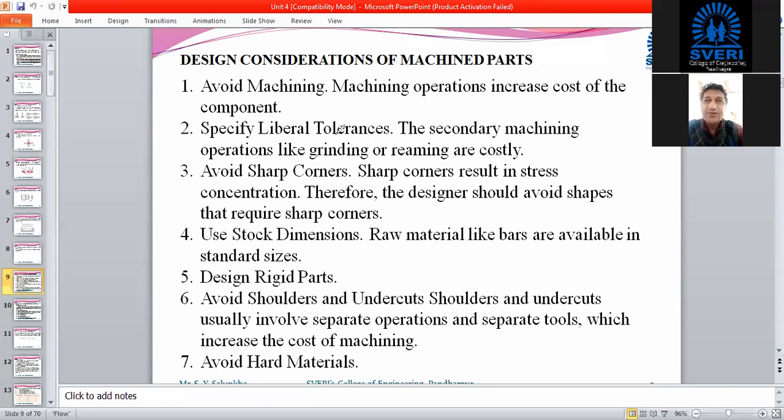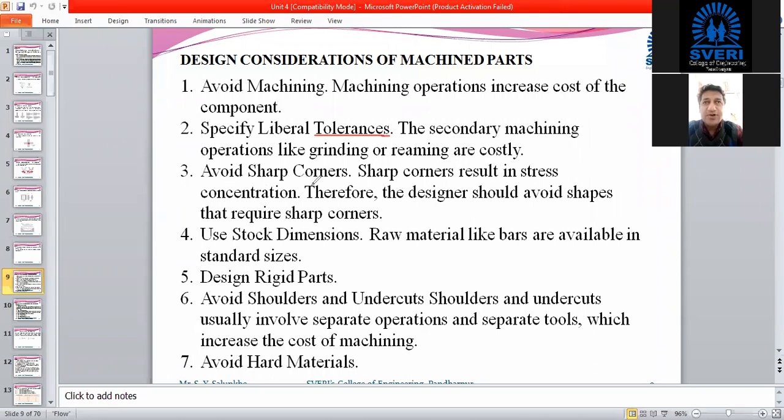In that case also, we have to provide some tolerances on the machined components. Suppose one component is manufactured by CNC, and later you want more finishing on that, to increase the smoothness by a grinding operation, then we again have to provide tolerance on that particular component.